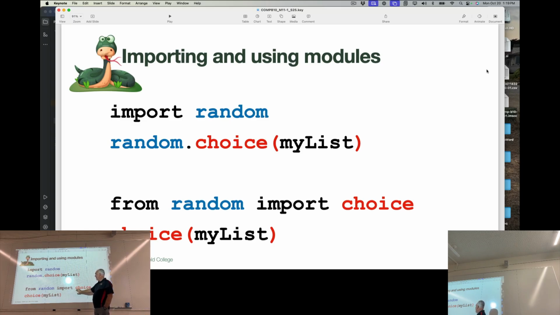This method allows you to focus on just the thing you want to import. So let's say I'm just using the choice method from that module. If I say from random import choice, then choice becomes part of my namespace. Notice when I do this, I say random.choice to use it. If I say from random import choice, choice becomes part of that namespace, which means I don't have to say random dot anymore. I just say choice as if it was a function that I created right in my own